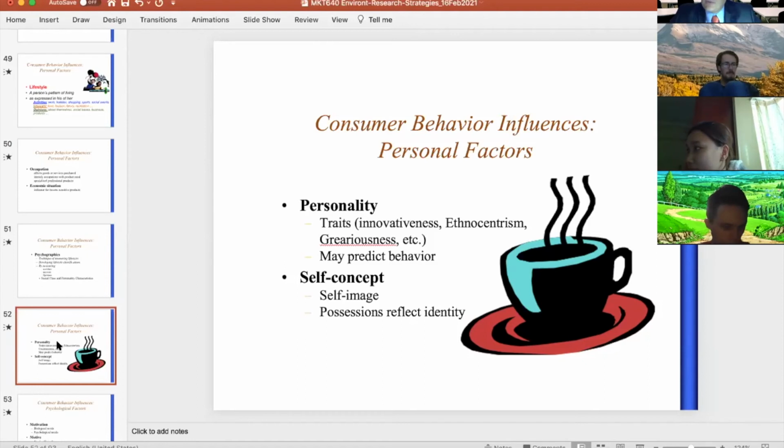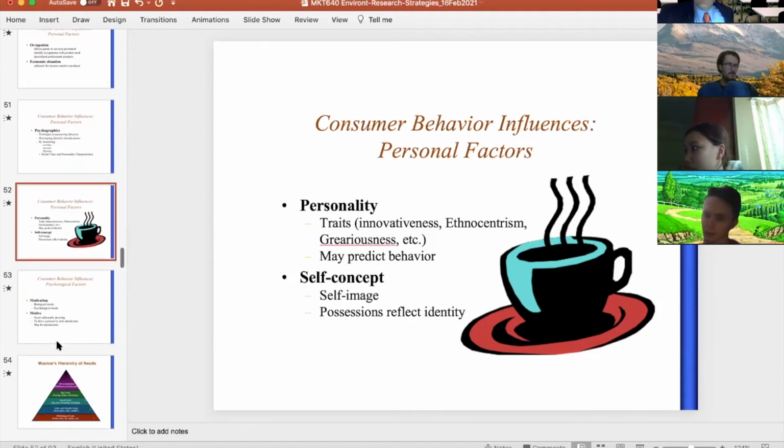But for some people, their perception of their self-image is not something they think about very often, or it's something they think about very often, and they may see themselves as very high, and they are very high, or they may see themselves as much higher than they are, and that makes them consume a certain way. Or they may see themselves as very low, and they want to improve their self-image through consumption, okay, by consuming conspicuous, expensive, prestigious brands in order to improve their self-image.